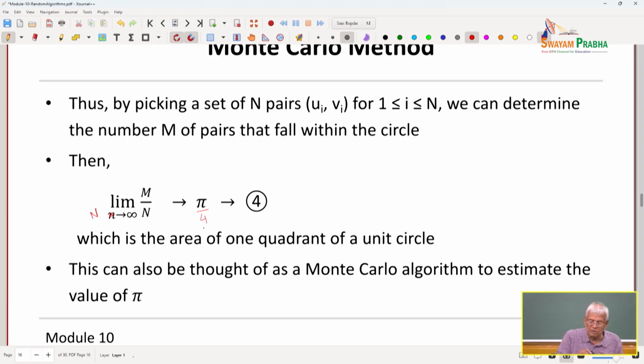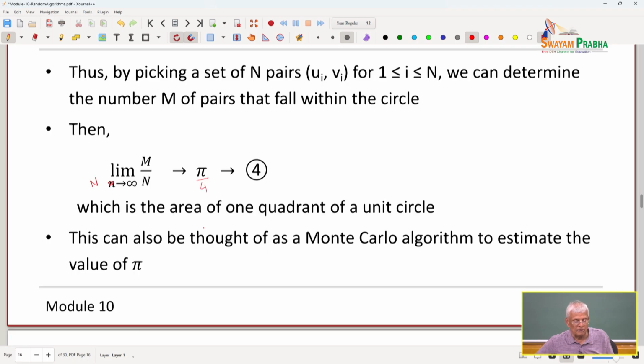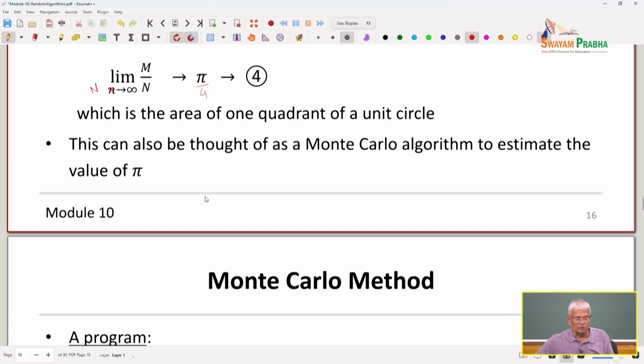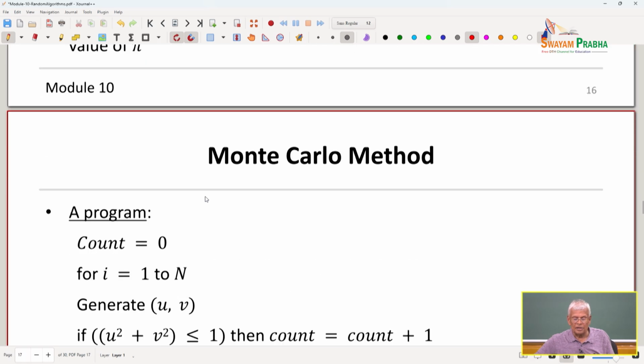So this must tend to pi by 4. Please understand, it's not pi, it's pi by 4. So we are trying to estimate pi by 4. If I can estimate pi by 4, I should be able to estimate pi. So we can think of this as a randomized algorithm to estimate pi, the Monte Carlo method. That's a very good idea to get a hang of what the Monte Carlo method is